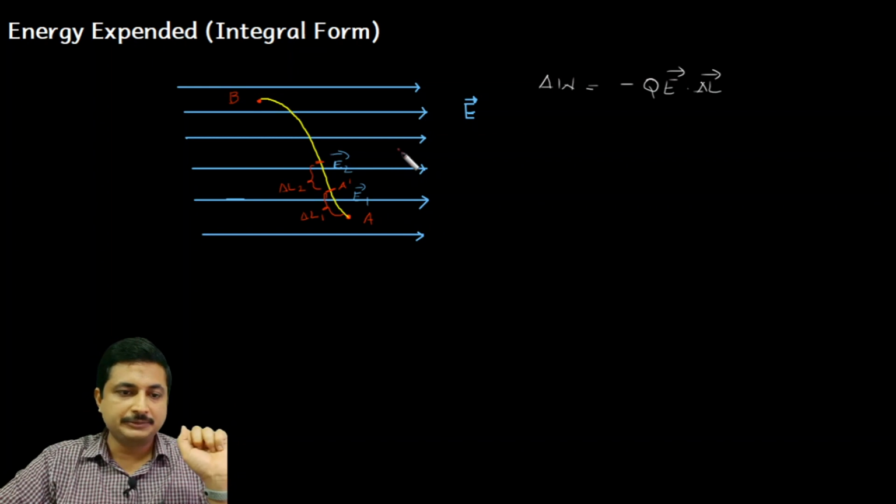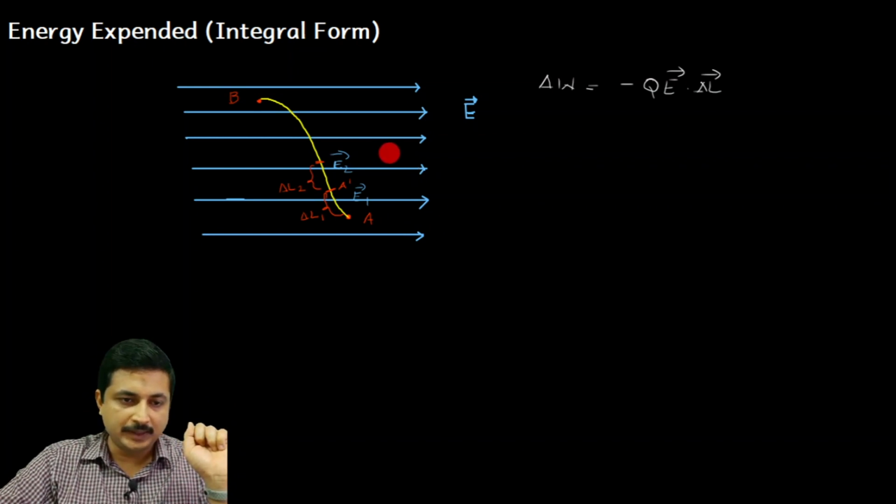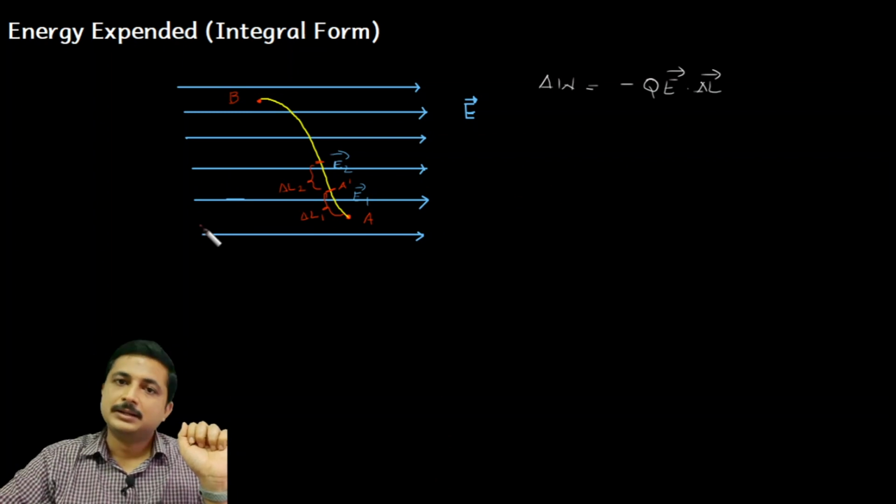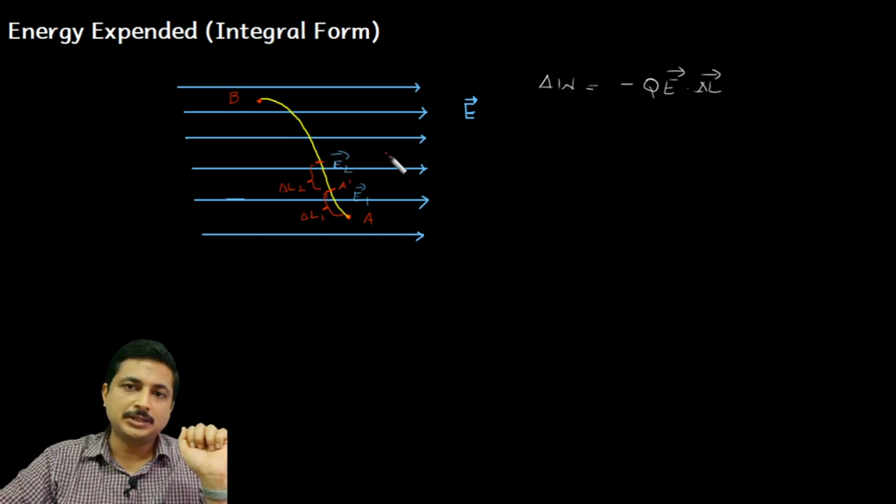In the sense, the field intensity measured at a particular point here and the field intensity measured at some particular point here may not be the same. They may vary in magnitude, but the direction is the same. They may vary in their value or magnitude. So I can say that this field is non-uniform. The number of flux lines is not distributed uniformly in this particular area. That is the meaning. Is that fine?